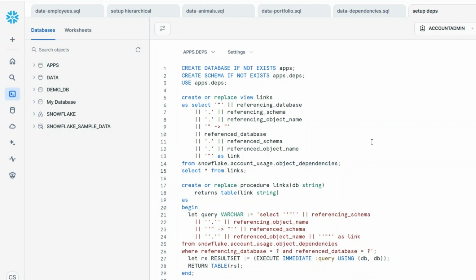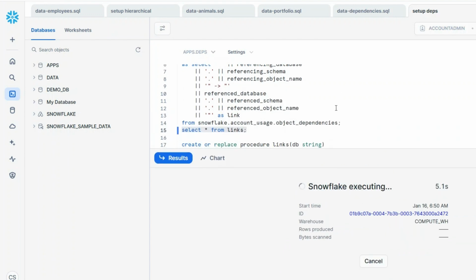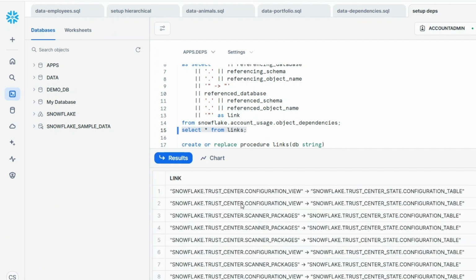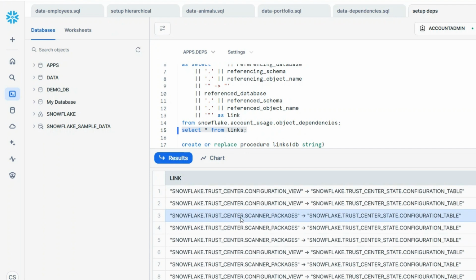And just because I'm on a free trial account, I will look in the whole database, because otherwise this could be time consuming. This could consume your compute credits. I don't advise you to do this in a large production account. As you can see, this may take a while. What we have here, as you can see, I surrounded everything in double quotes, just making sure that I don't have special characters and case sensitivity is respected.